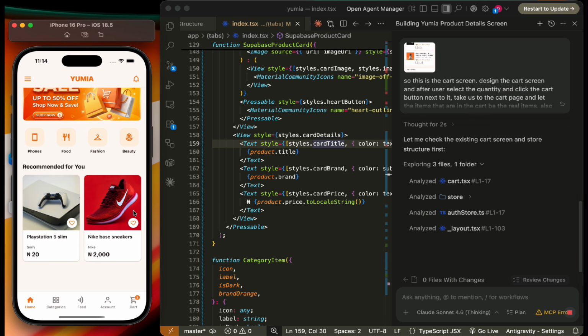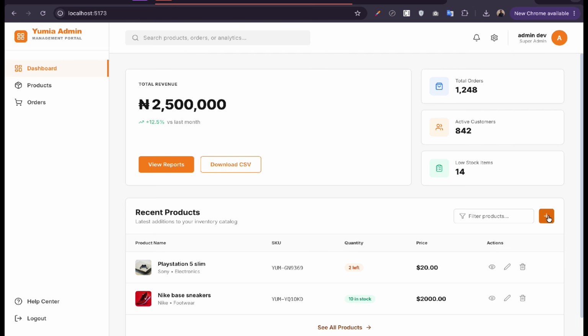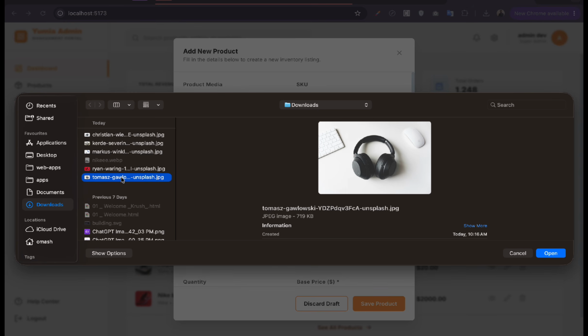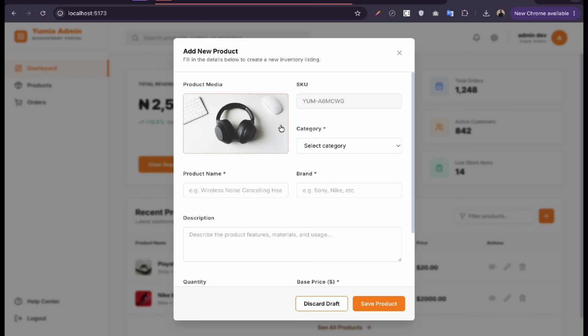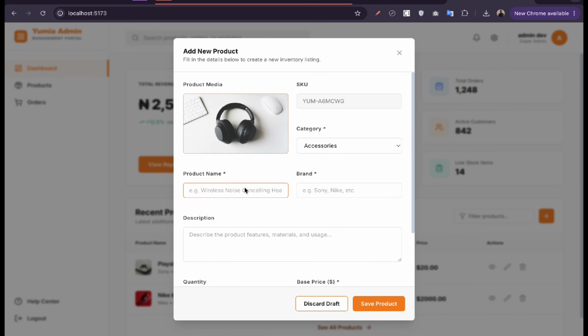Meanwhile, let's add one more product from the dashboard. Let's see what products we can add. Okay, headphones, that's good. This is also accessories. We can call it Homage Wireless Headphones with bars. The brand is Homage, category accessories. I'm not sure how to spell that. Okay, so this headphone,